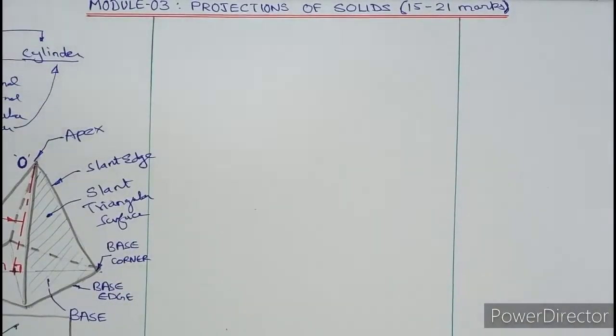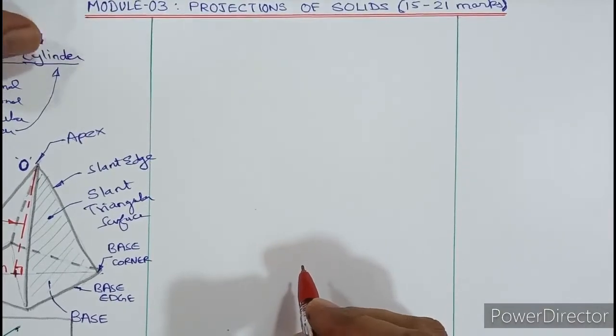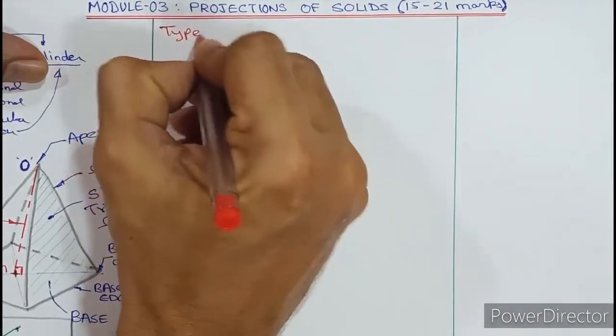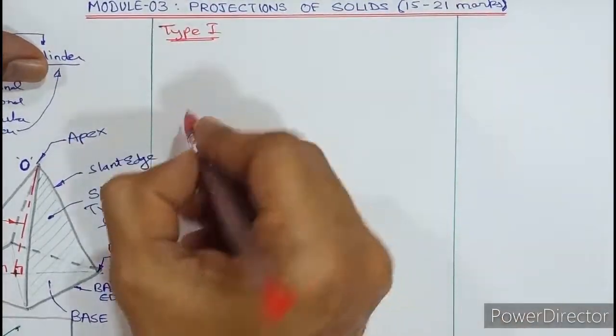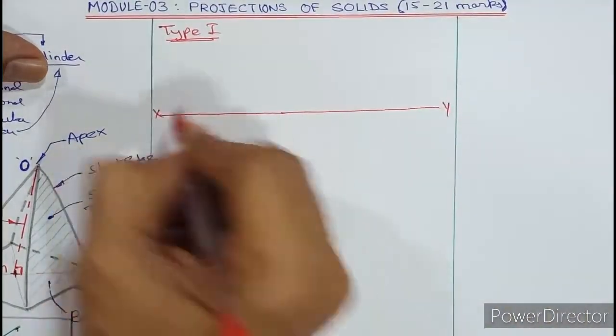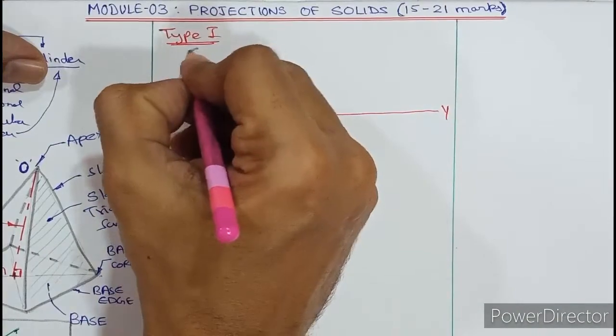So the next concept we should learn in case of solids is, in solids there are two types of questions. Let us see type 1. So I'll write down type 1. In type 1, if I draw a medium dark XY line, as you can see here, in solids the question is divided into 3 stages. If I say stage 1 is here,